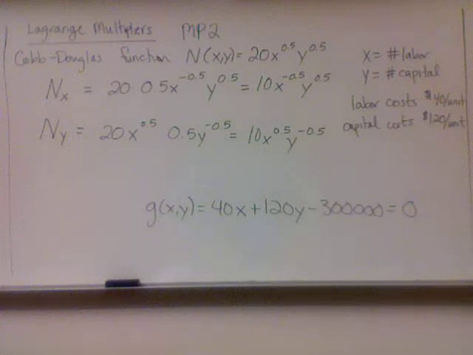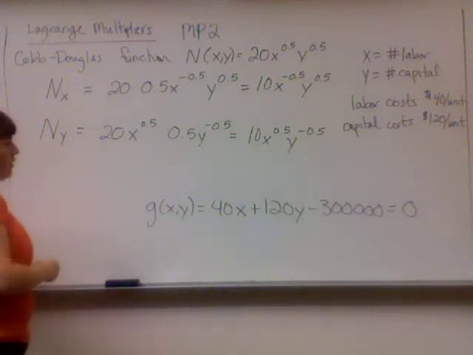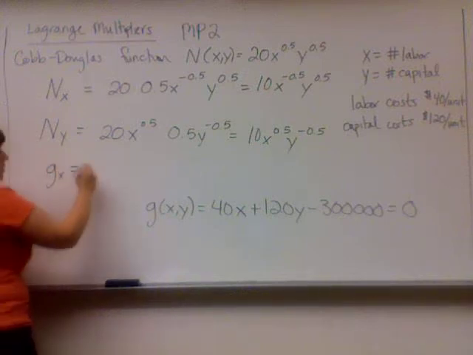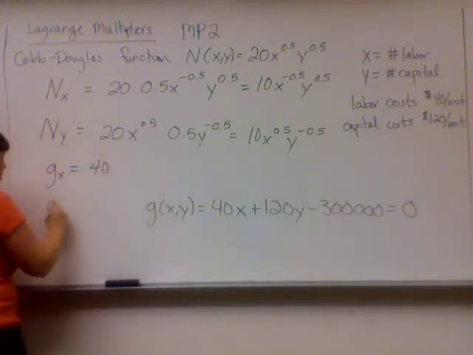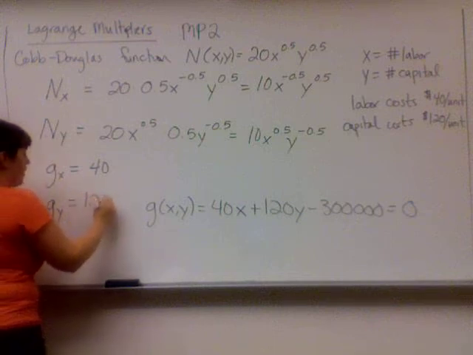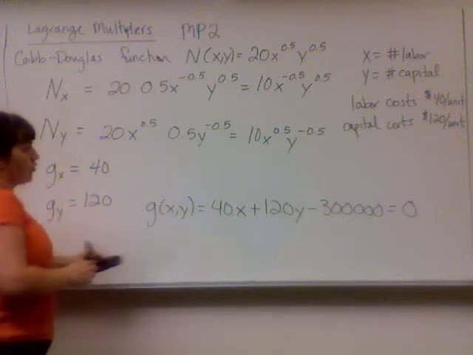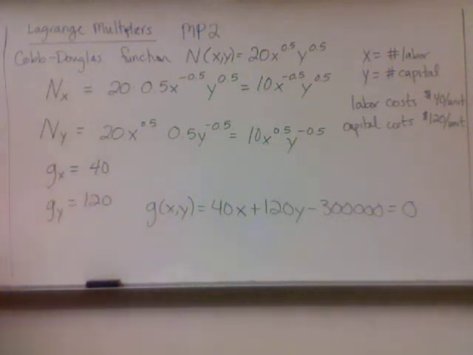Okay. So now let's find our partial derivatives of g. So we have g sub x is 40, and g sub y is 120. Our Lagrange technique will tell us that I take these partials and I set up a system, right? I have to include that lambda character here. So the system that we're going to construct is